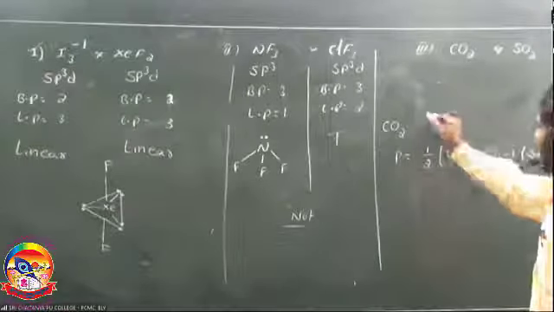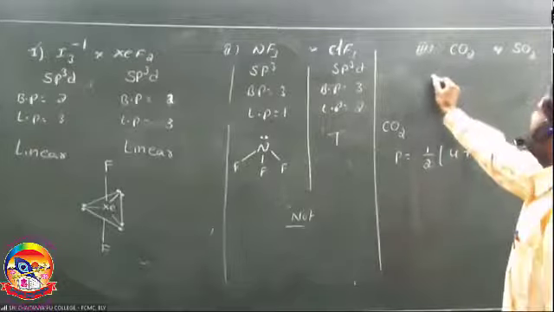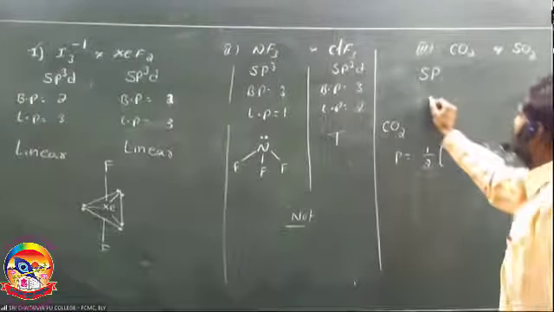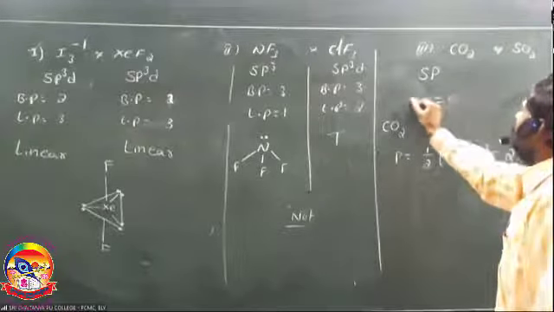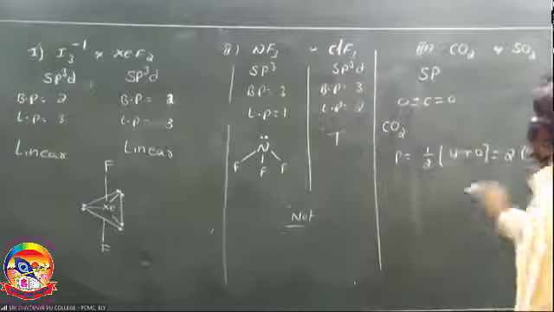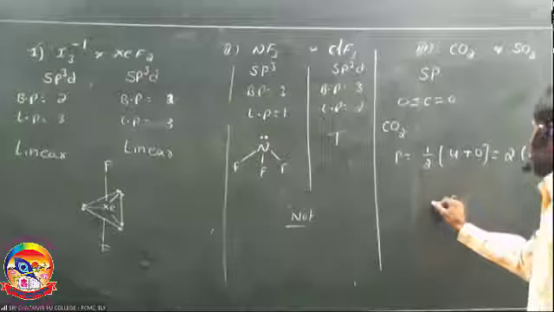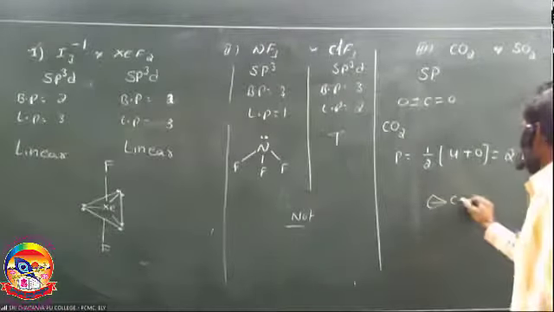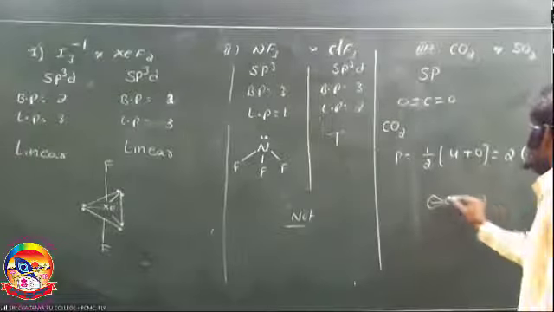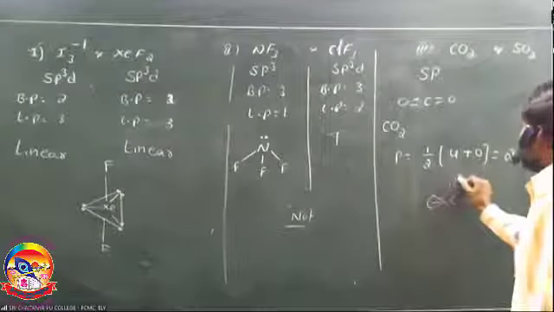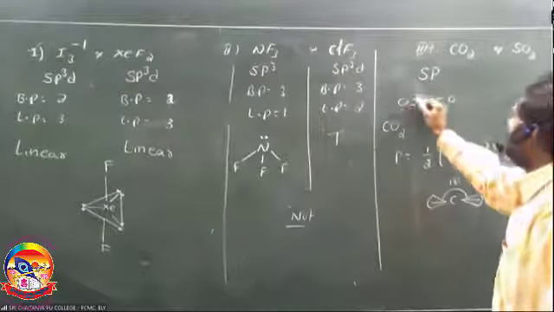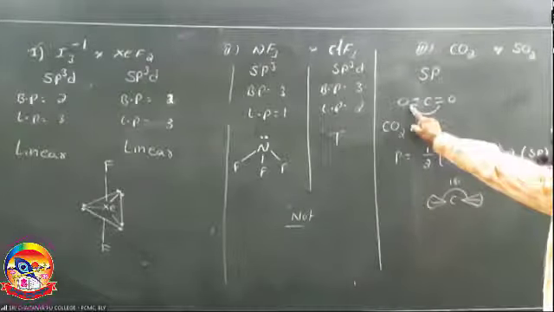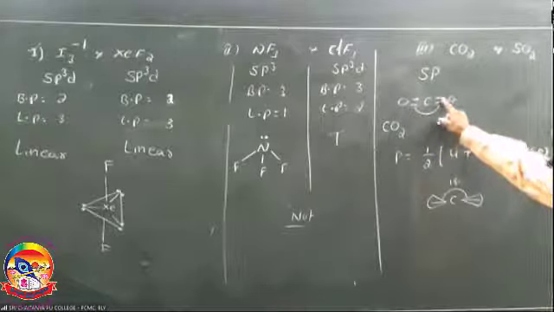So carbon dioxide, we know the structure of carbon dioxide. So the hybridization is sp hybridization. Next, C double bond O, double bond O. In sp hybridization, two hybrid orbitals are formed. So what is the geometry of sp hybrid orbitals? Linear geometry. Bond angle is 180 degrees. So O double bond C double bond O, bond angle is 180. It is a sigma bond, it is a pi bond.